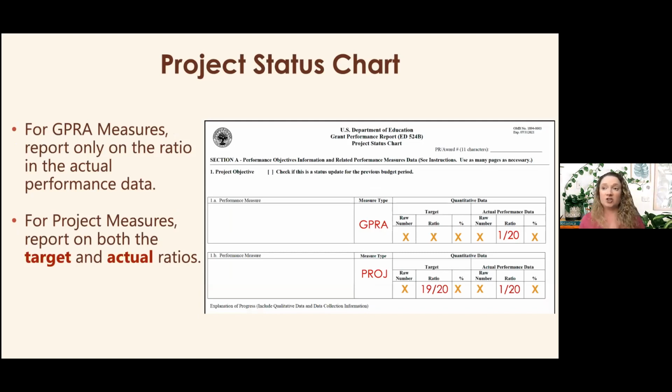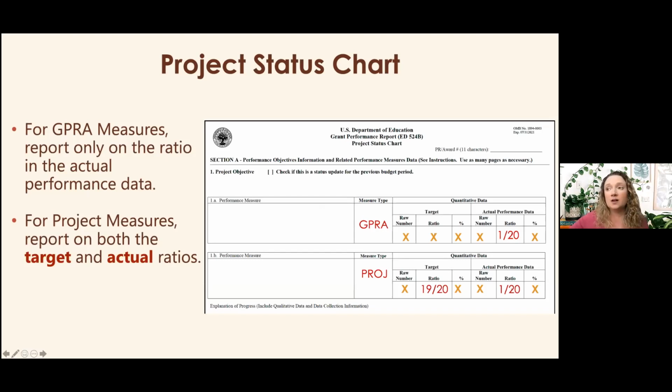But it also changes how you're going to report on them. So for GEPRA measures, you are only reporting the actual performance ratio. So what I mean by that is under measure type, you'll write GEPRA. These little gold X's, you don't need to put X's in your reporting. This is just my way to show you, don't write anything in those boxes. Leave them blank.